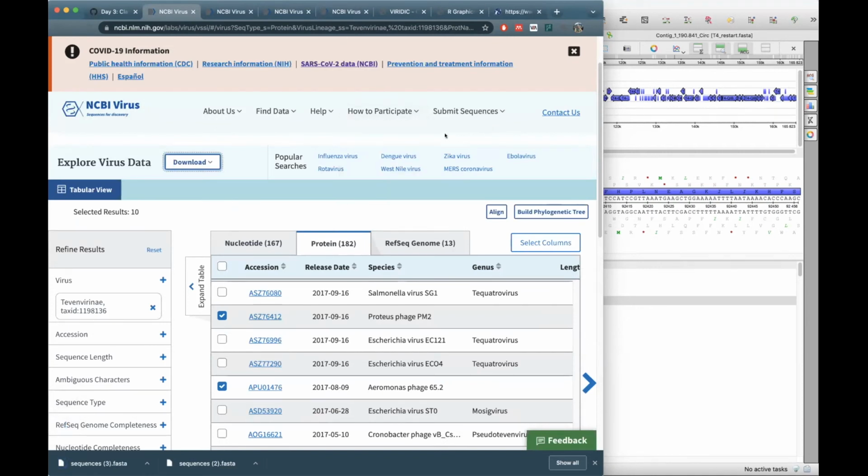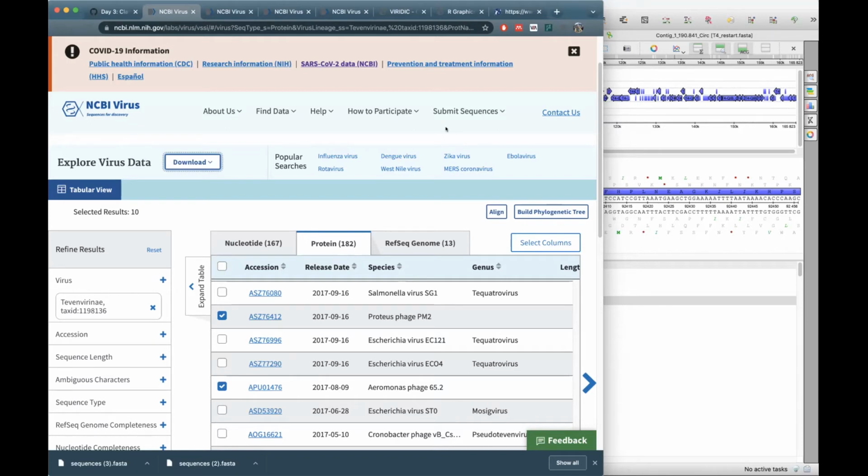So now I'm going to show you how you do your phylogenetics. And in my case, this is a bit of trial and error, especially when you don't know your phage and the sequence space, the taxonomic space around your phage well. It's a bit of trial and error to download the correct ones with the correct outliers to get a